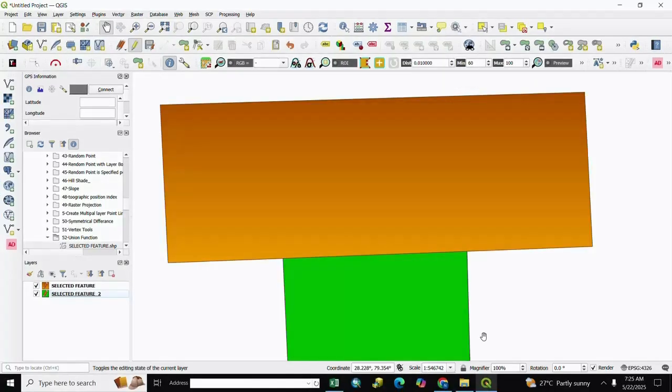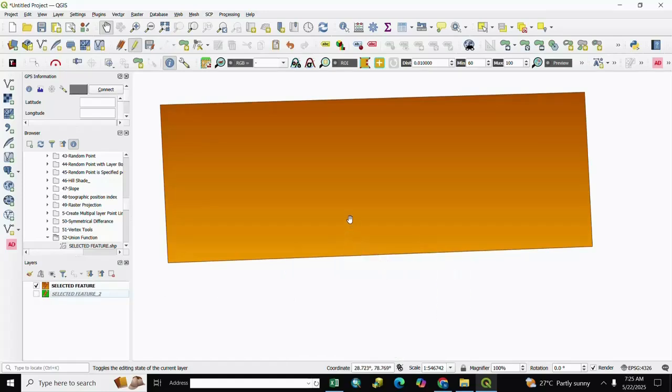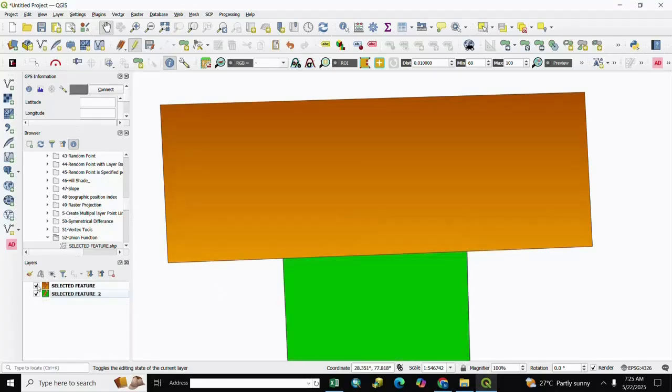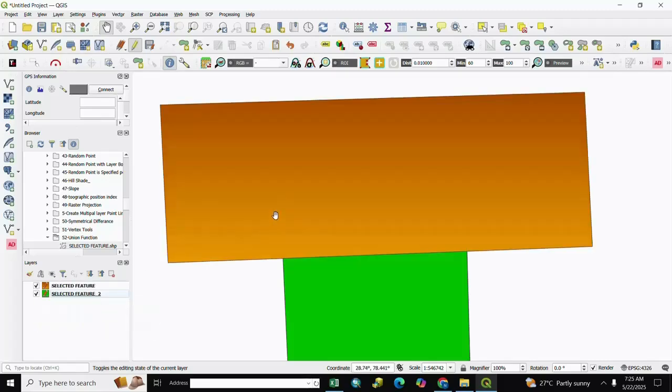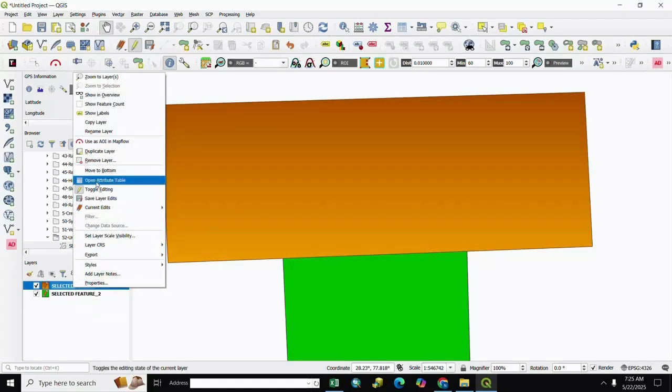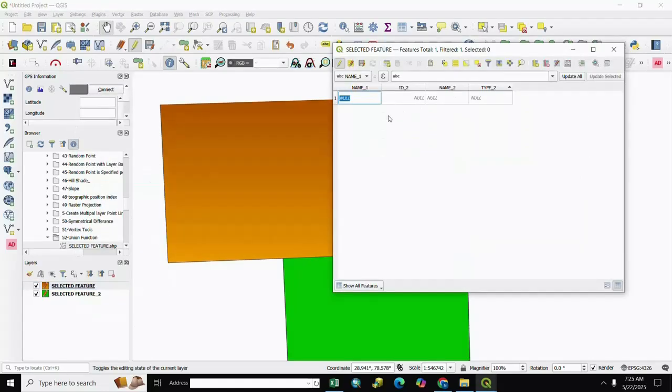So let's start. Here is selected feature 1 and selected feature 2, and we create a union of selected features 1 and 2 both. To create the union, we first see the attributes: right click and go to open attribute table.